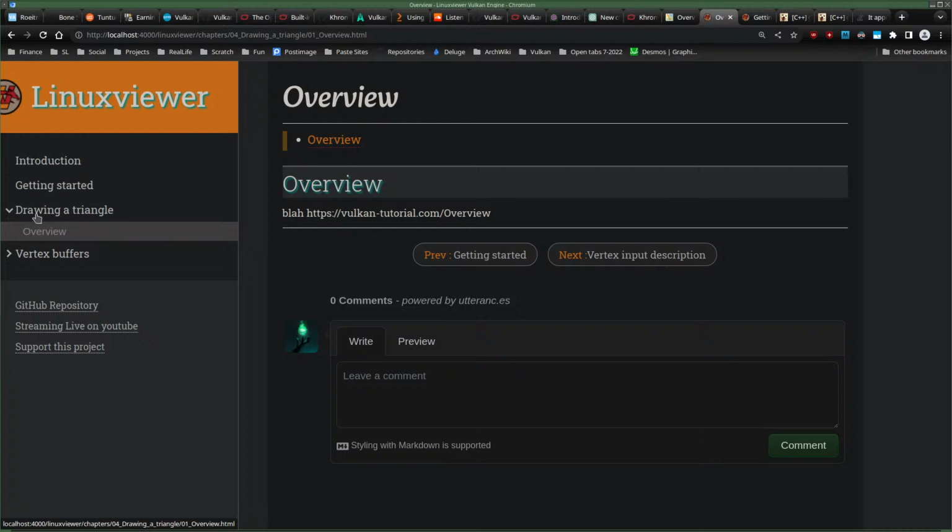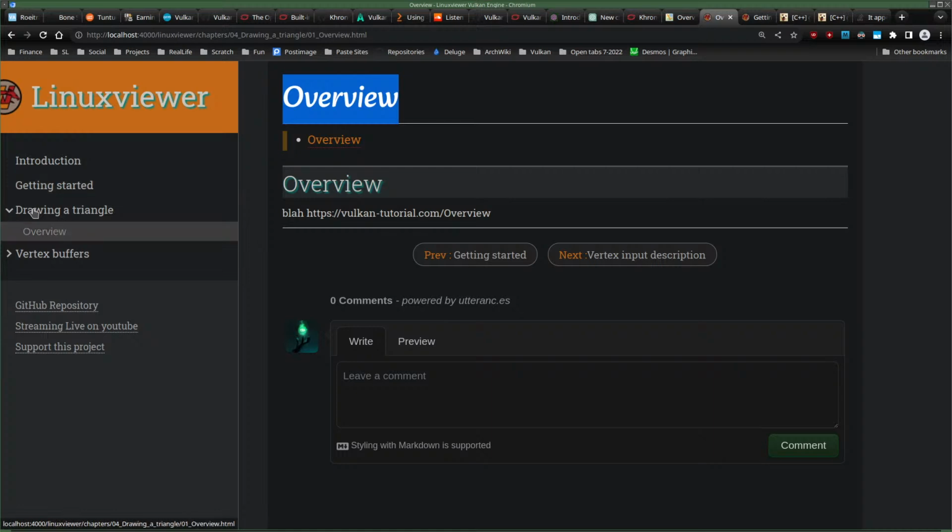And I want to start with describing what is required, which is basically I just link to that site. Maybe put something else here and leave that as overview. I guess I have drawing a triangle here. But if I rename this drawing a triangle, it also appears here.